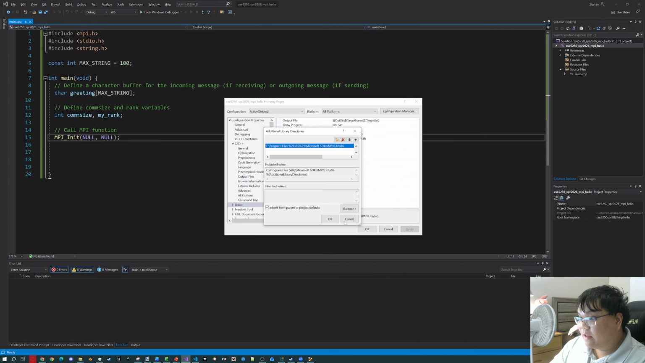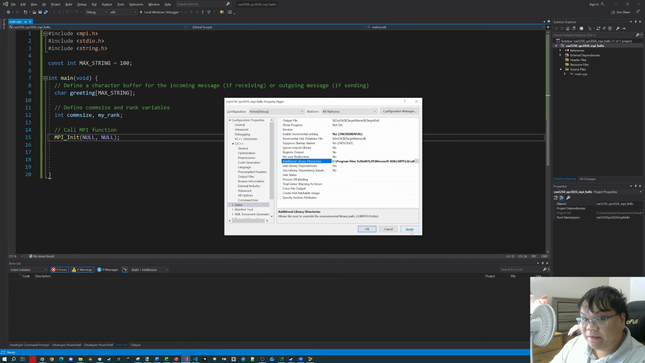Select folder, click OK, click apply. There we go. That is the second step. The final step is